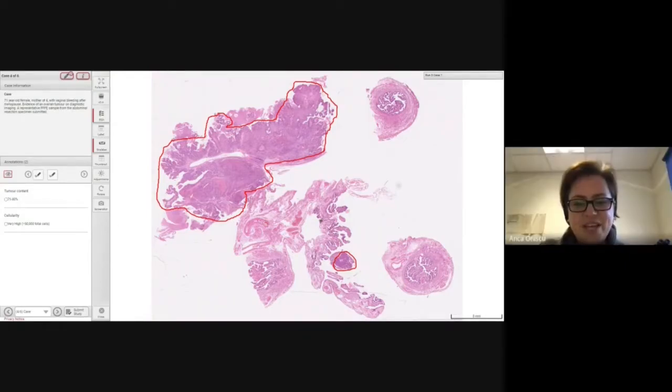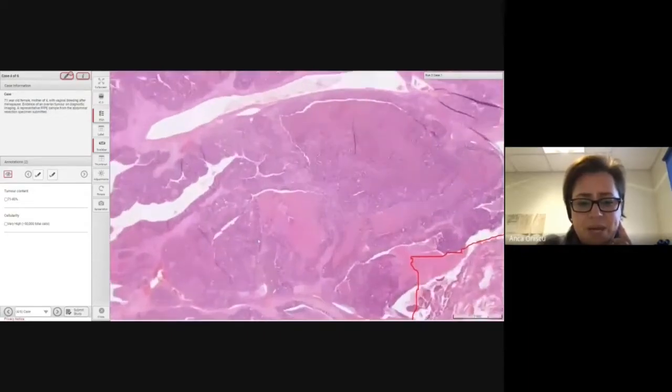Yes, thank you. So the next case, we can see a few fragments of fallopian tube tissue, and adjacent to them, there is something that looks quite complex in terms of the morphology, glandular and papillary on the surface. So when we would go high power onto this particular case,